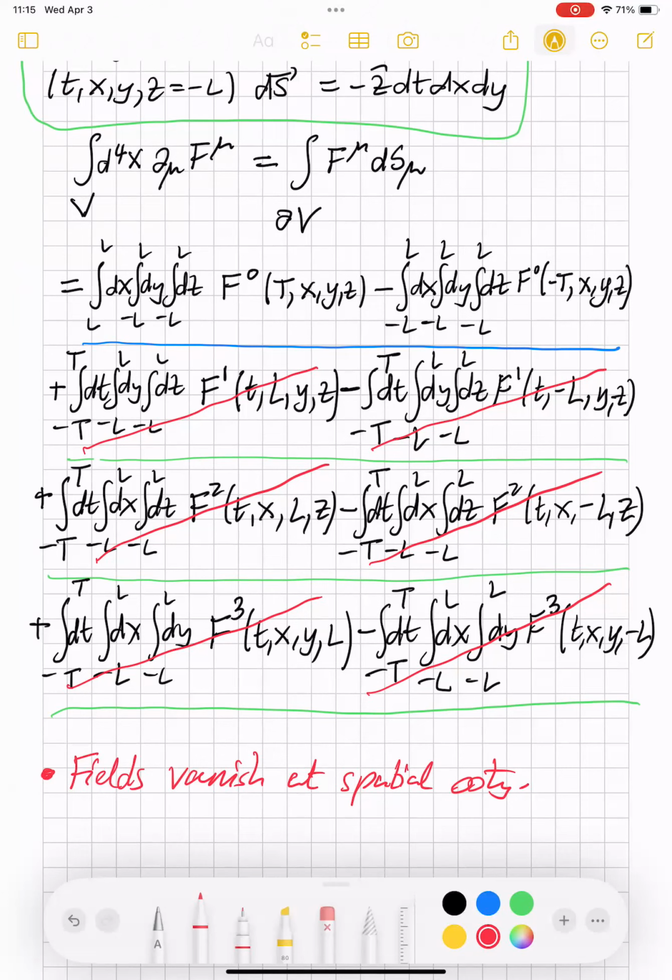But in that situation, the initial configuration is fixed, the final configuration is fixed, so the variation of the field on the initial surface and the variation of the field on the final surface both vanish. So in fact, the terms that we get from the integration by parts in the Euler-Lagrange derivation of the equations of motion,